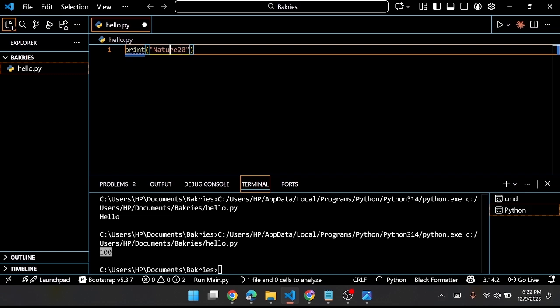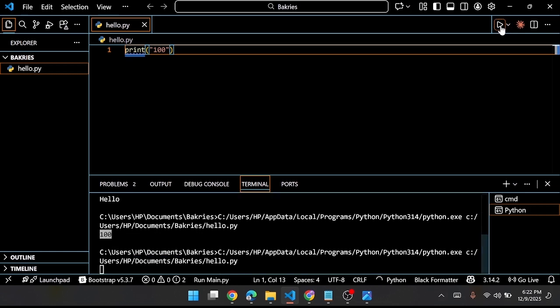So this is also a string, regardless of whether it has letters or numbers. So when I print this as well, I should get 100. But the difference between this 100 and the previous 100 I printed is that this